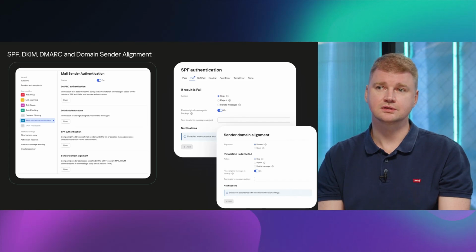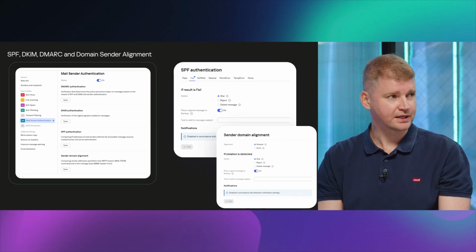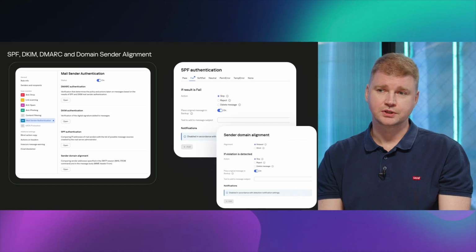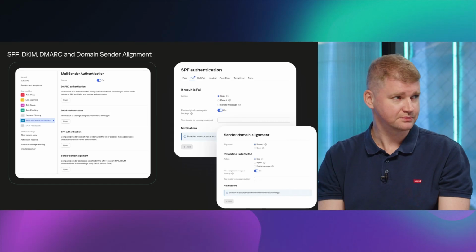For instance, speaking about SPF, we have all the available results or verdicts of SPF authentication, such as pass, fail, neutral, none, etc. On top of that, we have a technology called domain sender authentication, which I would say helps to detect spoofing attempts, even if SPF and DKIM technologies are not enough.